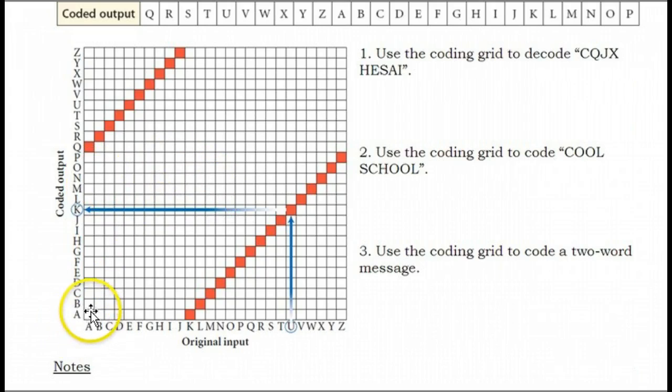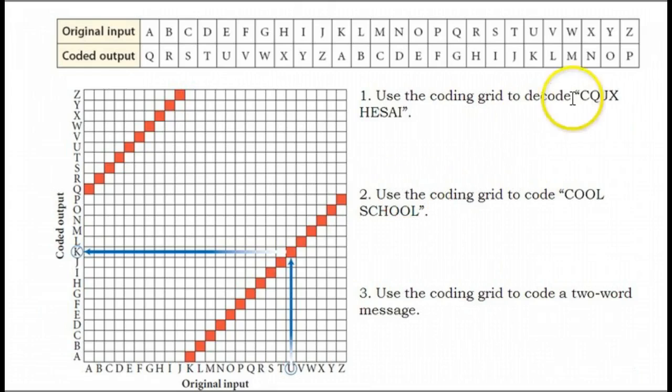If I wanted to code the letter A, I would use a Q, and then to code the letter B, I would use an R. So right here, I have a code, meaning that they took the standard English words and they put it into this and came out with a code. So to come out with the letter C, that means I originally put in an M. So using the table, I find my coded letter and find the original, and then using the graph, I would do the same thing. Find the coded letter, C, and then see what that was originally, and it was an